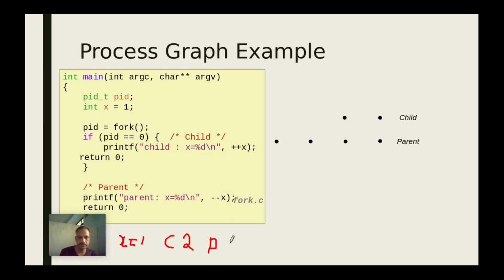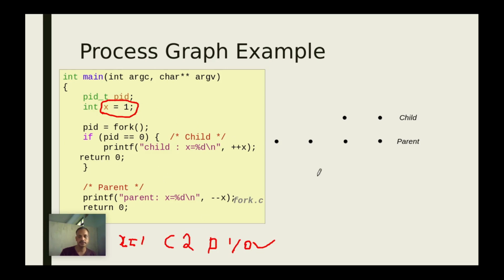And what will be the value printed by a parent process, whether it will be a 1 or 0? Think for a while and answer this question. The value of x variable that is printed by a parent, whether it will be 1 or 0. The value printed by a parent process is 0. Now why it is 0? Because as I have told, even though parent and child have same instructions, those are executed, but their memory location is different. So x memory location for child is different, x memory location for parent is different. So if child is updating the value as 2, it will be updated in child address space, not in the parent address space.